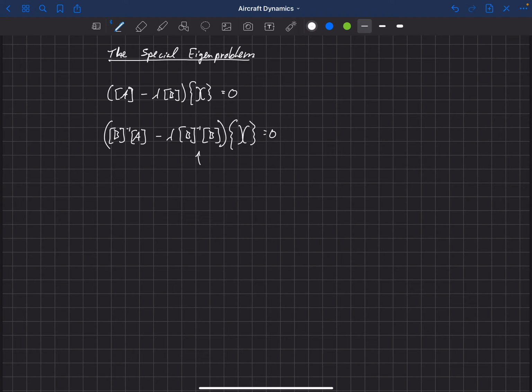Well, this is just the identity matrix here, right? So we can actually rewrite this whole problem as (B minus 1 times A minus lambda times the identity matrix) times chi equals 0, where this first matrix is the inverse of B multiplied by A. I'm just going to call that C for the time being. So we could put in something like C minus lambda I